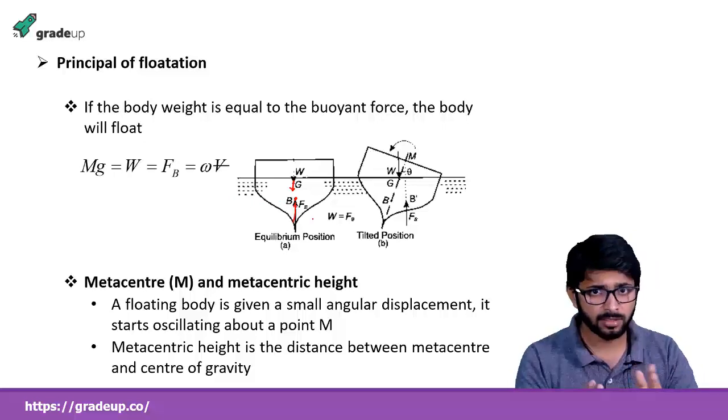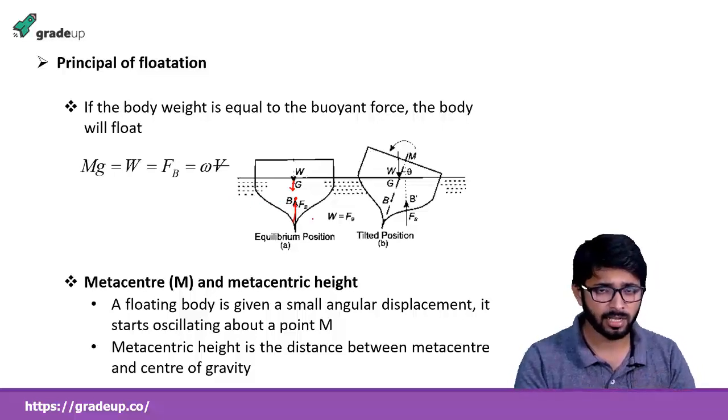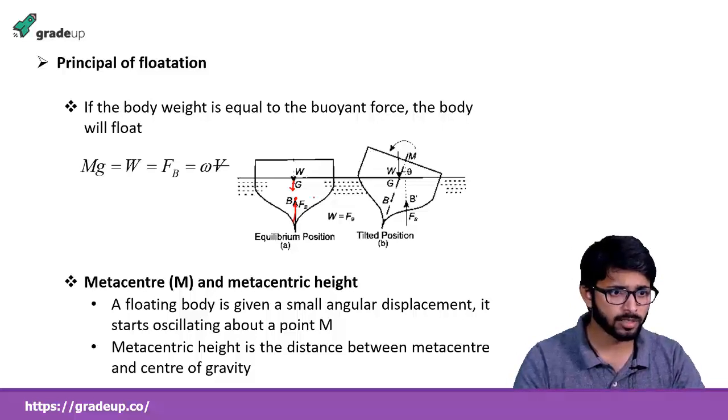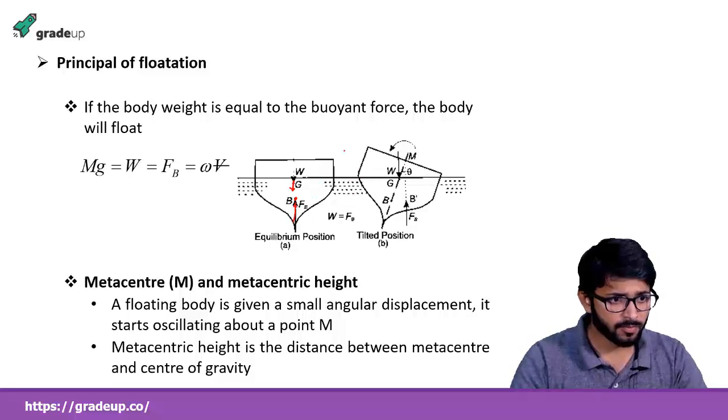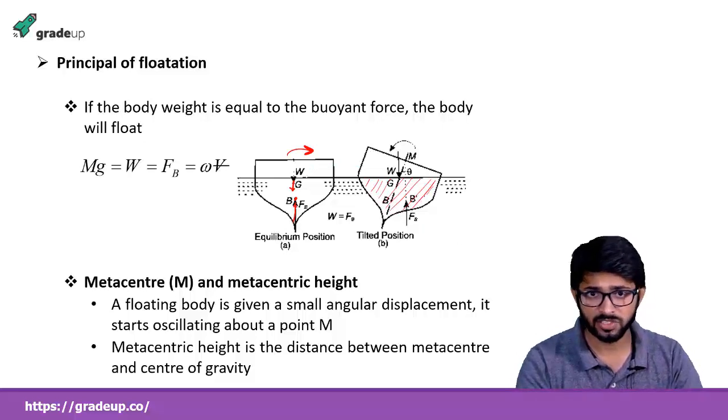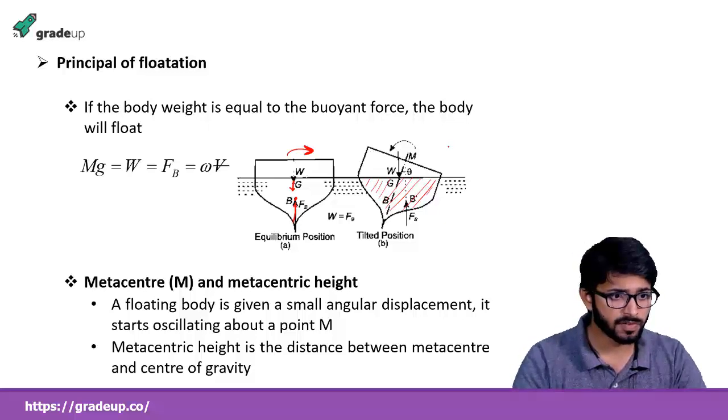Now if we give a little angular displacement, a little angular disturbance to this body, how will the condition change? In this case we have given a small angular tilt. So the shape of this displaced volume is now changing. The shape of this displaced volume changes, which means the centroid will also change,